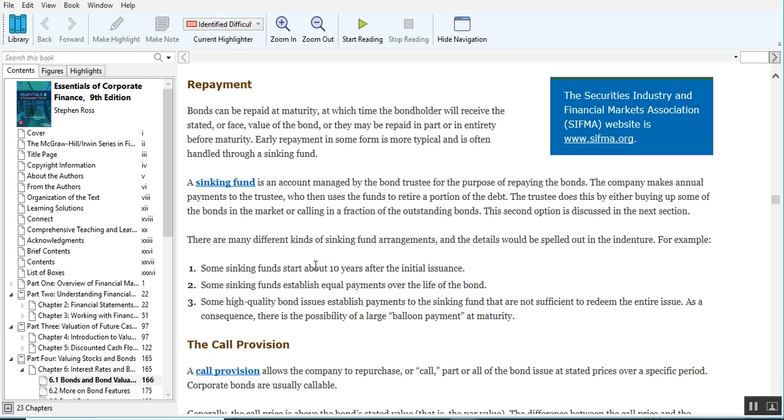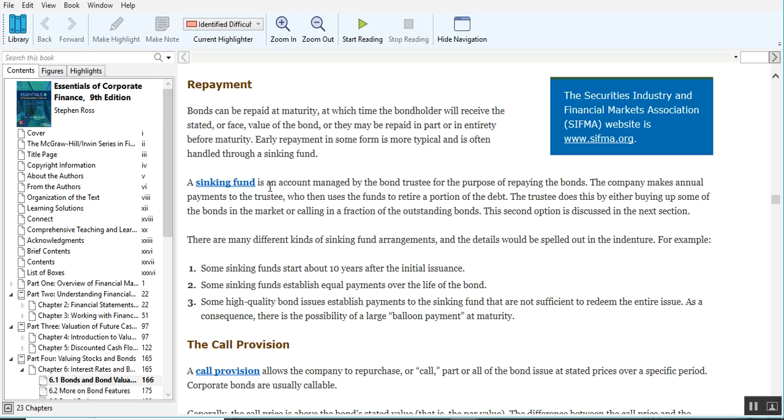But many bond issues require the business or corporation to establish a sinking fund where a bond trustee actually puts a certain amount of money in each year in order to ensure that the company has enough money in the account to pay the bond issue when it's time to pay the maturity of those out. So if they issued a rather large bond issue, typically there's somebody, a bond trustee, that's going to basically be putting money into this account to make sure that there's enough there to cover the principal on these bonds when they mature, when they're due to be